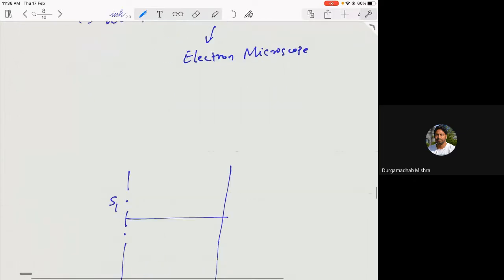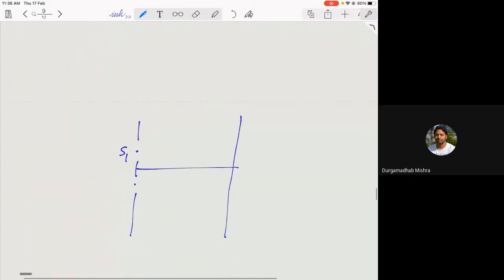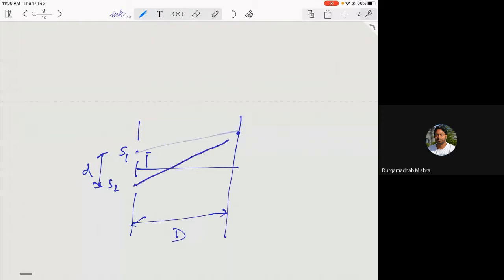Okay, so the mathematics, I think you must have already done this. Let's say the distance between the sources is d, and the distance to the screen is capital D. If you want to calculate whether this point P will be a bright or a dark fringe,